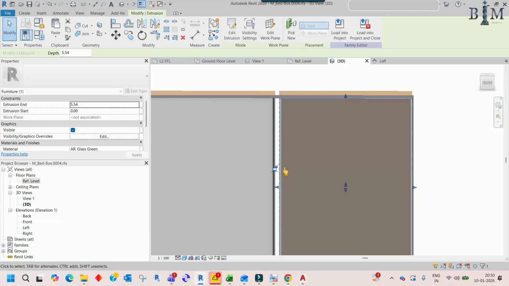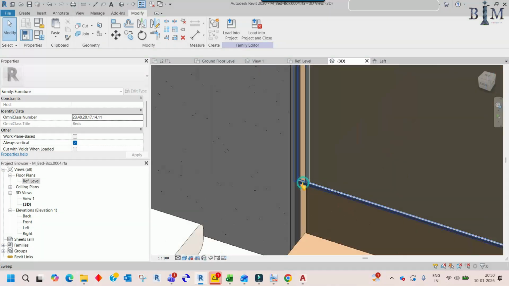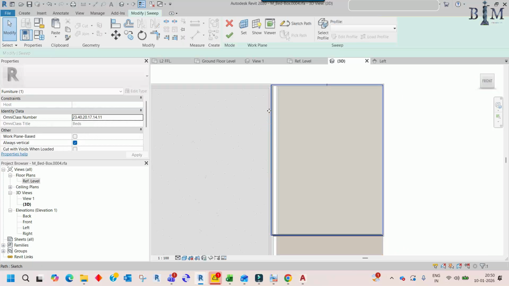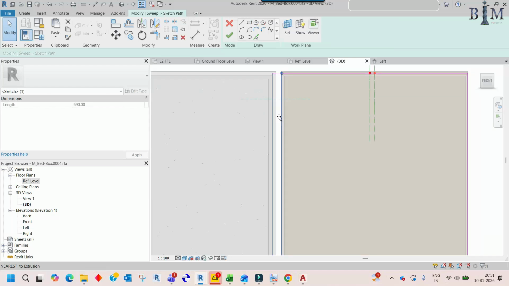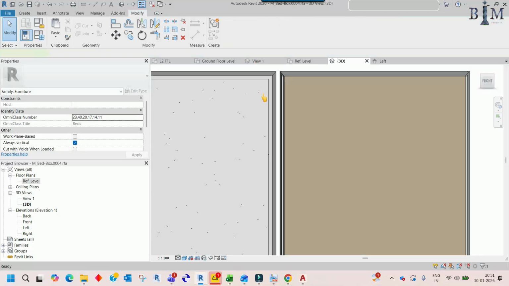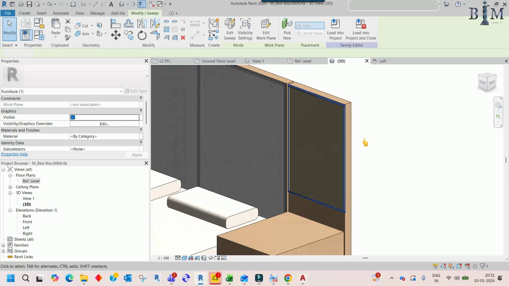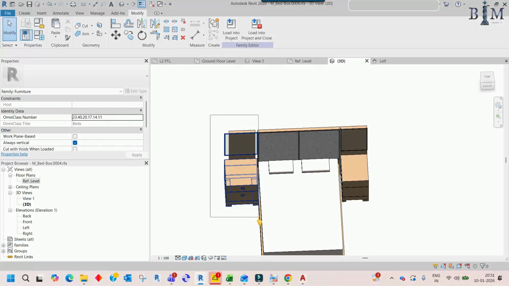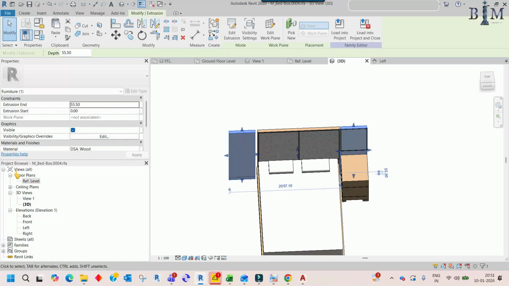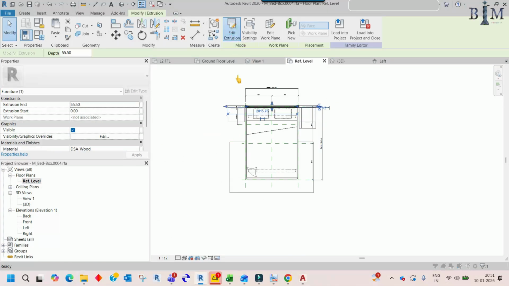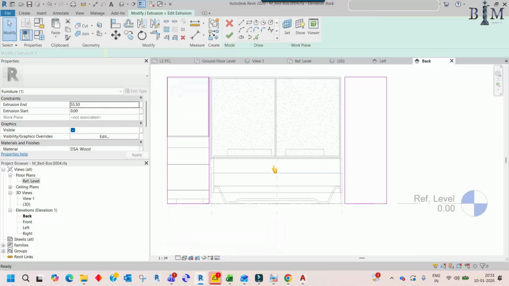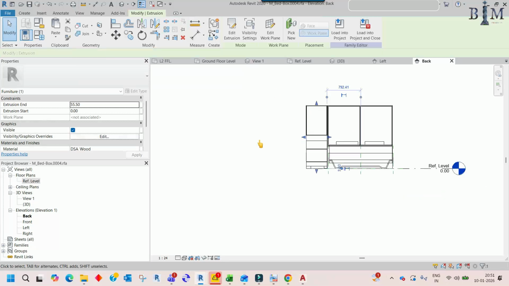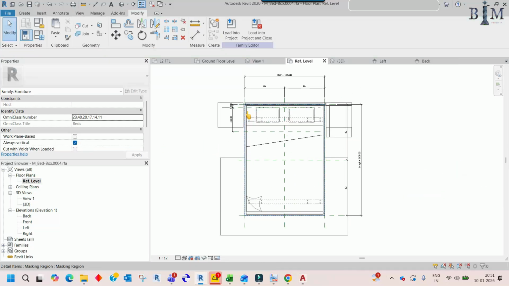And here for take this one up to this, now take this one, and for this go to the front and here edit sweep, and here you can see sketch path, and take the line up to this and finish this one and finish this one, and you can see it looks like this. So this element I don't need it because I can mirror it, because I don't need extra headache. So here for this go to the plan and here edit extrusion and open view, and here you can see I can delete these lines, and here finish this one and check the plan again, and you can see this